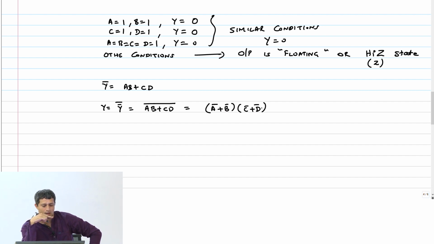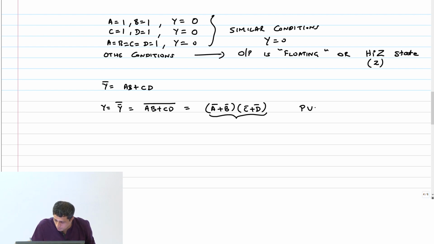Right? So there is no way that any of these combinations can cause the pull-up network to turn on and the pull-down network to turn on, because we have complemented these two, right? So there is no path for the current from VDD to ground in any of the input combinations, right? By design, that's what has happened. So now we need to go ahead and implement this function in our pull-up network. Okay, this is for the pull-up network.